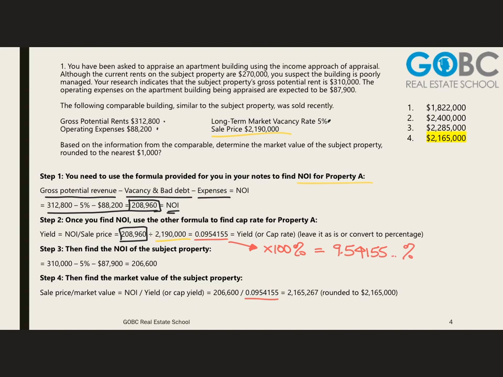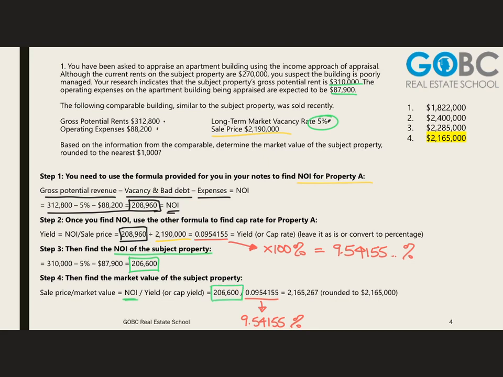And that would be a percent. So if you decided to convert it to a percentage, then you would need to remember to put the percent on it when you divide, because you've moved the decimal, okay? So once you have that yield, then you find the NOI of the subject property. So we do that using the numbers that they've given us in the question and the 5% vacancy. So 310,000 gross potential rents minus 5% vacancy minus 87,900 in expenses, and you get an NOI of